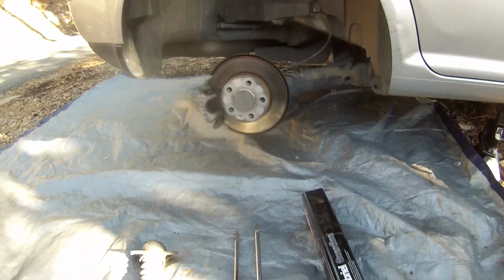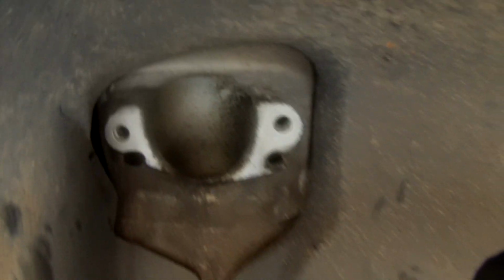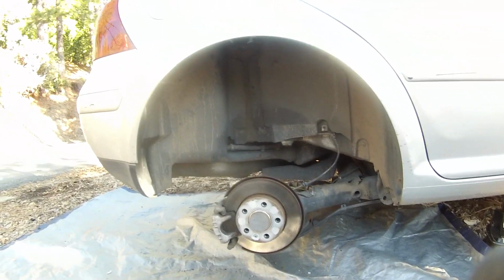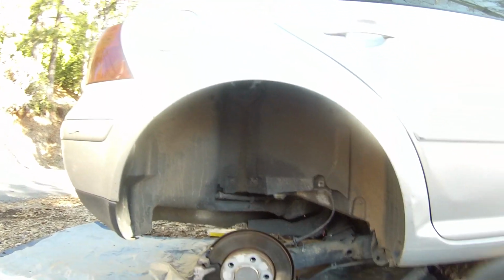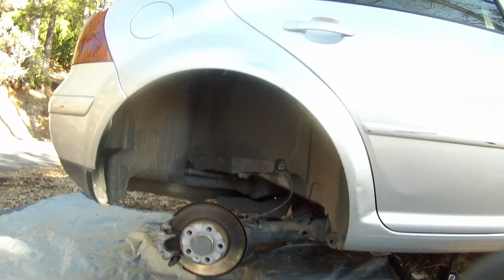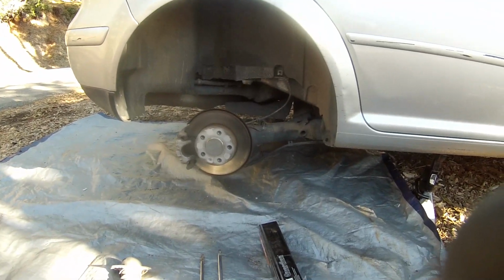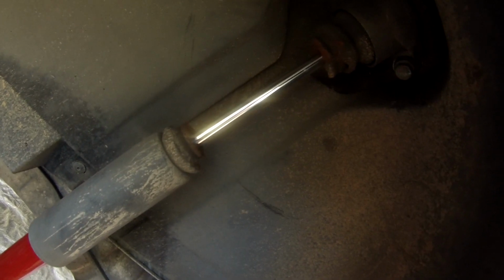a longer shock. Now I've seen forums where they put a spacer where the top of the shock mounts to the body. I don't think I'm going to do that because, after jacking up this vehicle and seeing how far down the wheels droop, I don't think it's going to be necessary to put any spacers on the shocks. I think it's going to have plenty of travel to get the job done. So we'll see how this works, just putting a straight shock on there, no spacers, and so let's get going on that. Alright, with the top of the shock absorber bolted in, we can now shimmy this thing